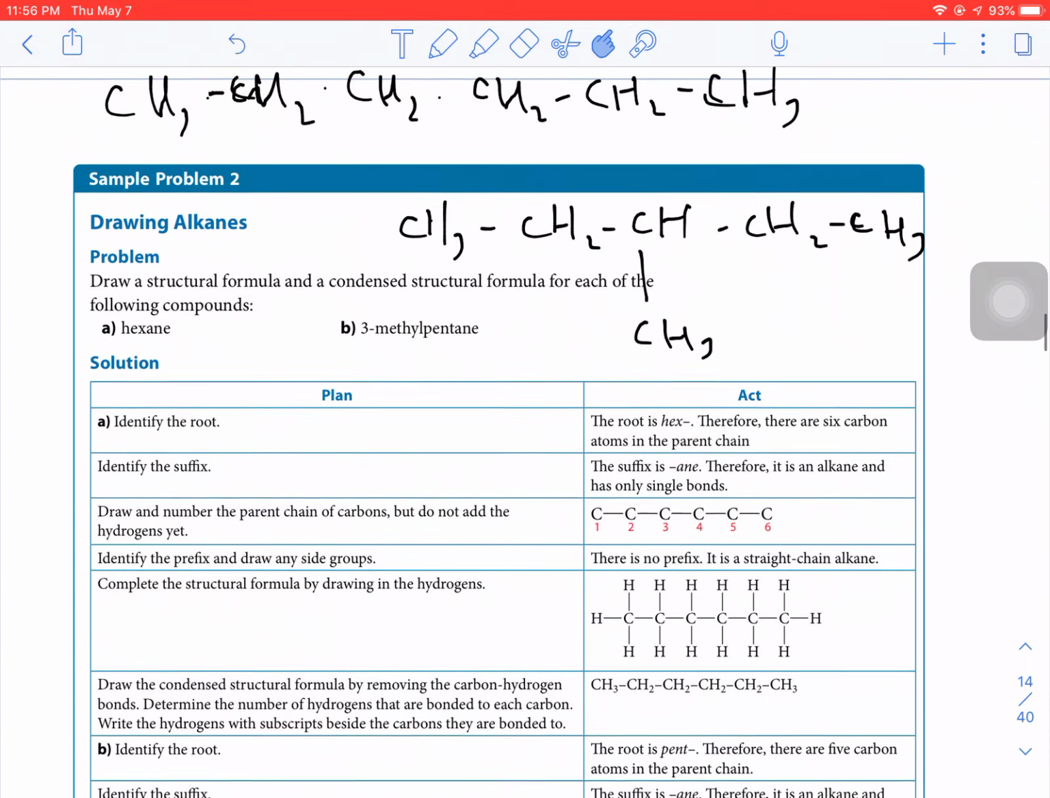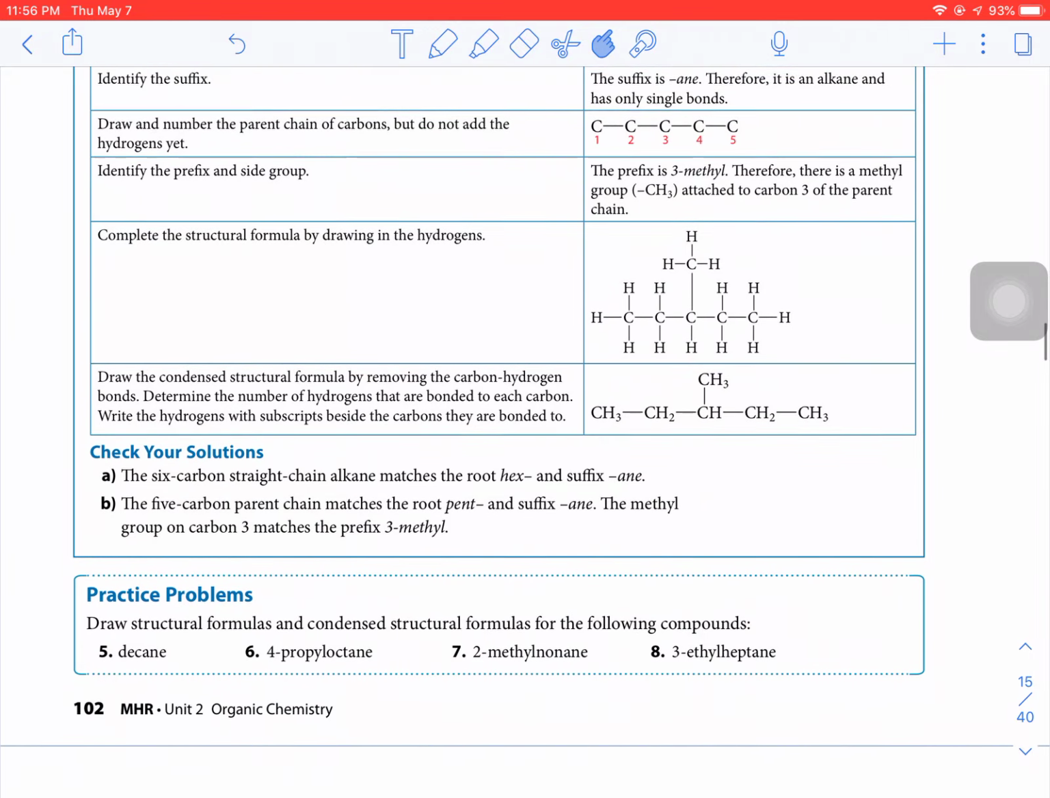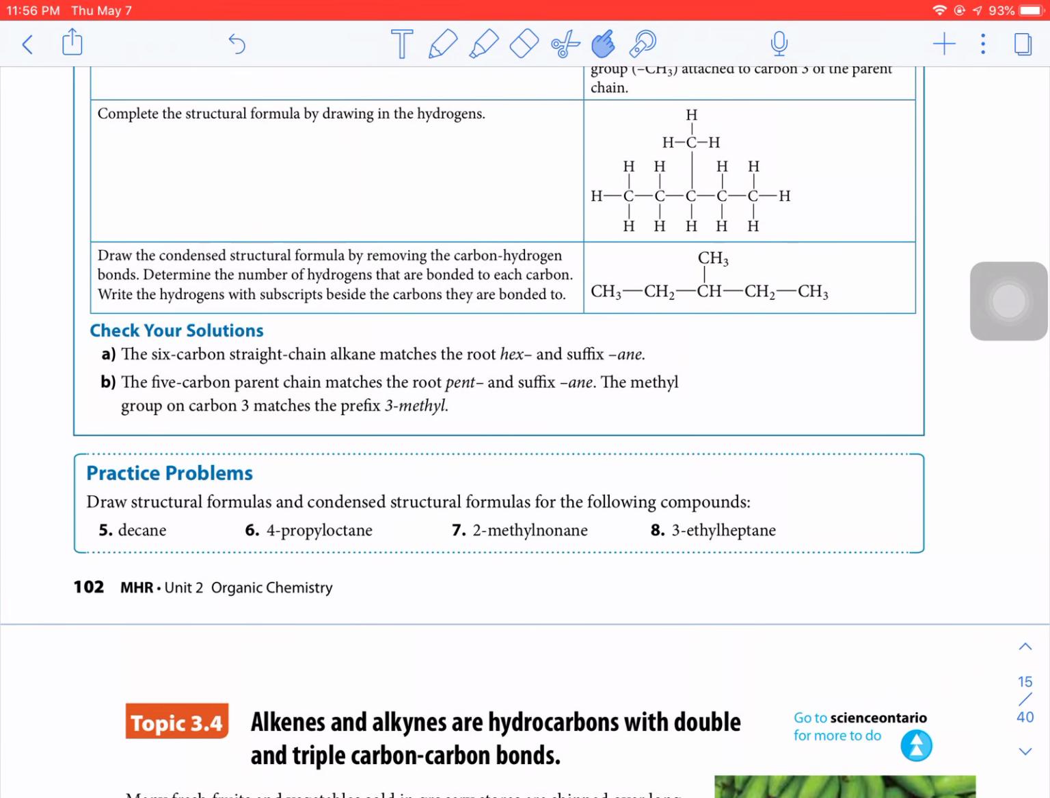So there's 3-methylpentane. Okay, so I'm going to leave you with questions 5, 6, 7, and 8 there also, where you're just drawing some formulas. These don't take long. Those 8 questions will probably take you 5 minutes in total, but I'm going to stop there. Tomorrow when we come back, I'm going